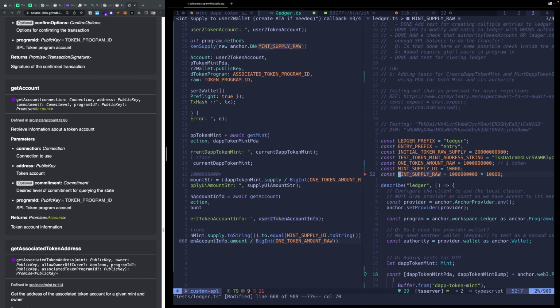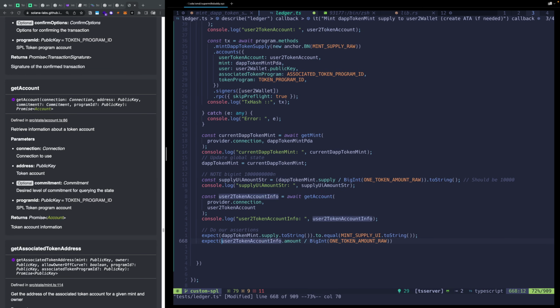But I need to wrap this up. So if we have the raw amount, it should be 10,000, but the raw amount will be base 10 to the power of 9. So then we have this massive raw amount, but we're trying to simplify it for the UI, which means we can turn all that to a string,